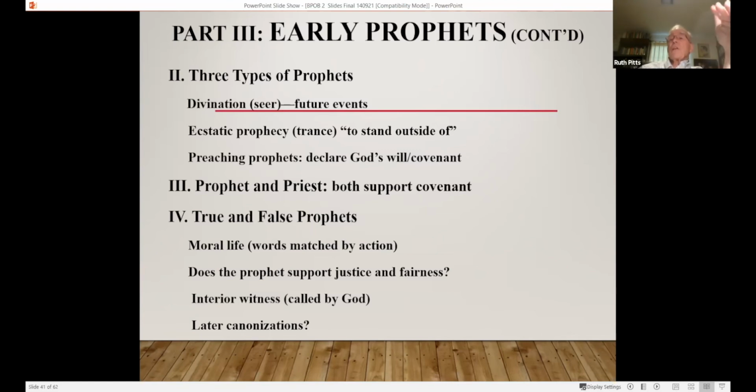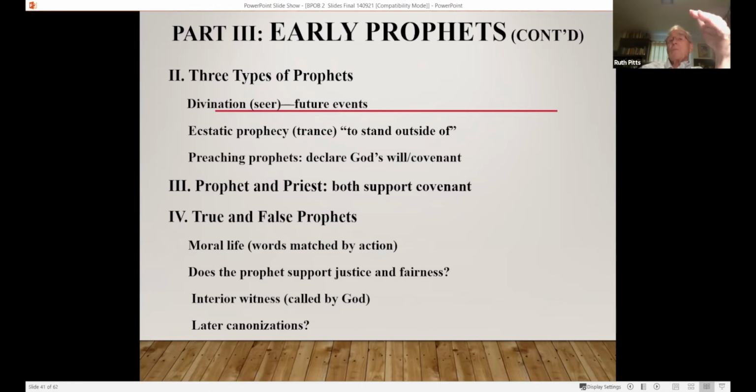Prophets and priests, there's some tension, but there's also support, because they're both promoting the covenant, the worship of God. True and false prophets. How do you figure out whether or not a preacher or a person who claims to be called by God is? Well, you look at the moral life. Do the words match the person's life? Does this prophet support the things that you find in the Old Testament prophets? Justice, fairness,